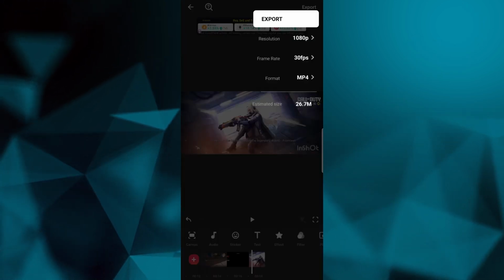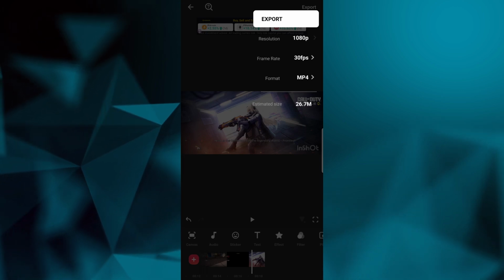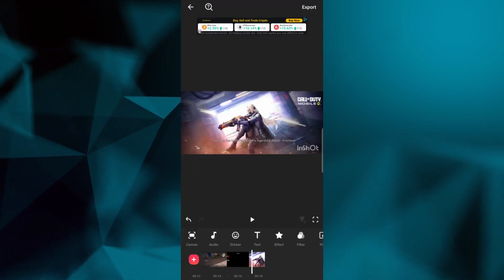Finally, go to the top right corner, tap Export, choose your resolution, save the video to your phone. And that's it. That's how you add effects in InShot